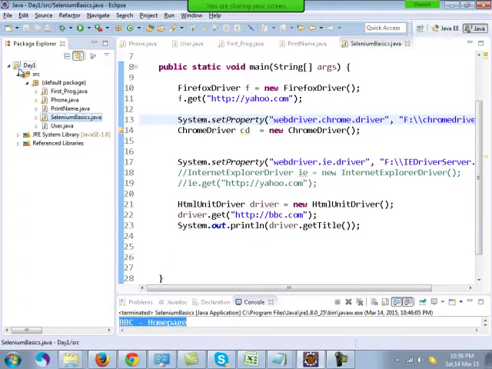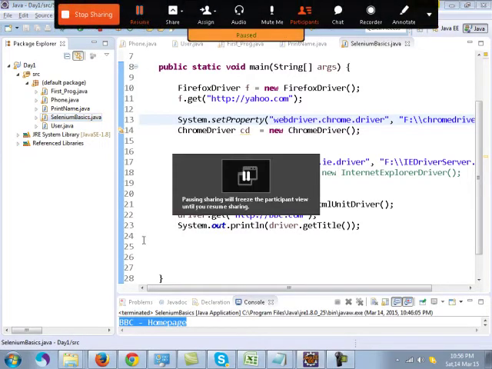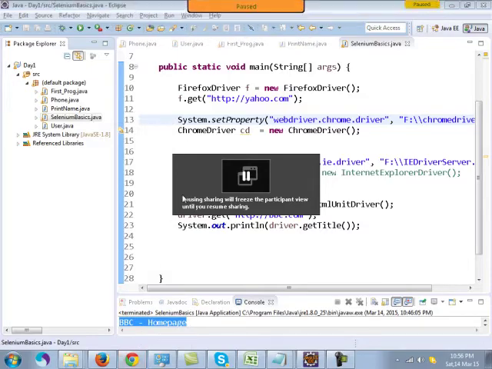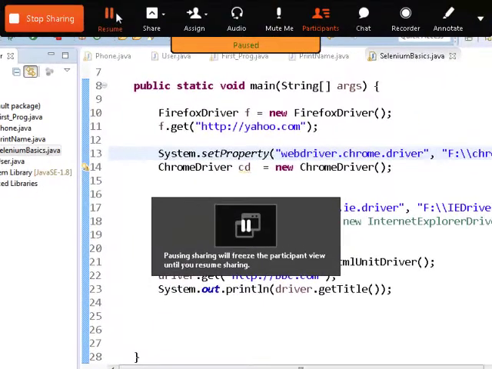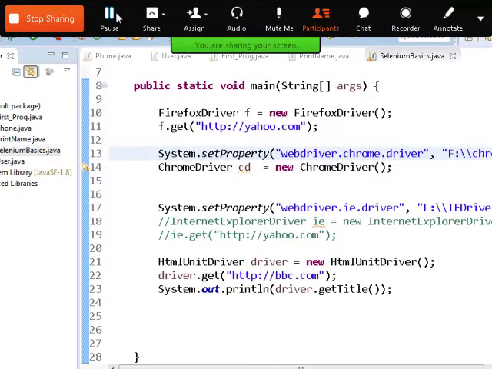The version was 2.44. Now when you are working in a project and you have 10 team members, you want all the 10 team members to have the same version of jar file on their PC.